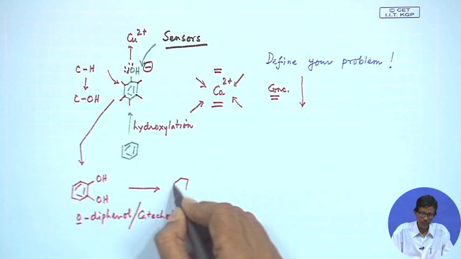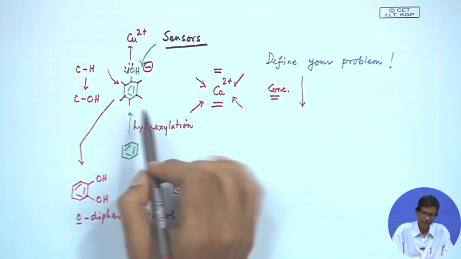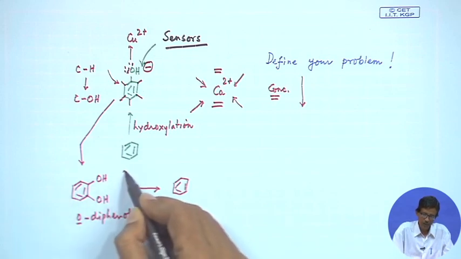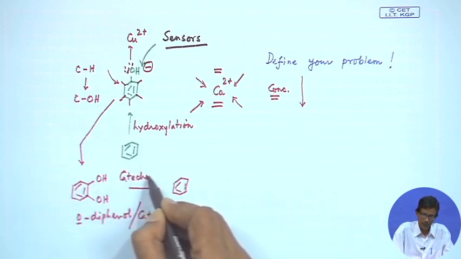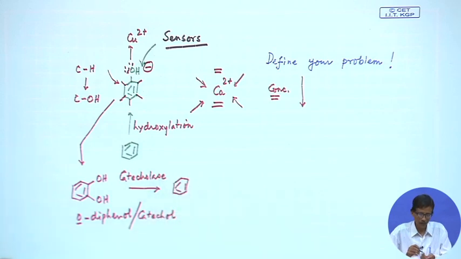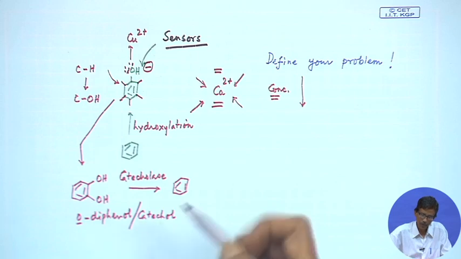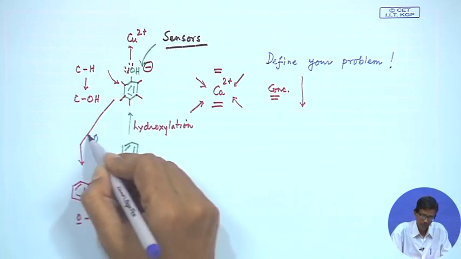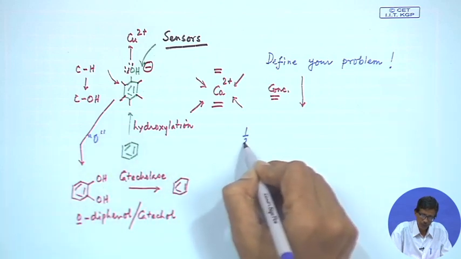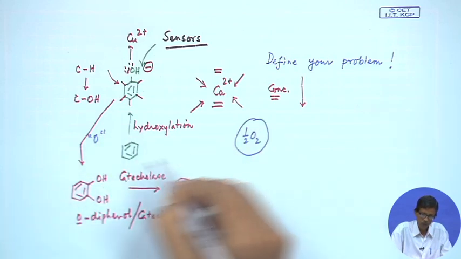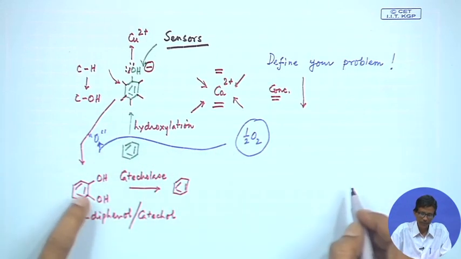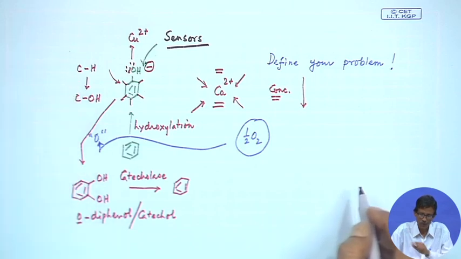When you go for this, unlike your monooxygenase reaction, since it is working on catechol, it would be called the corresponding catecholase. So, this catecholase will now work on it. What will happen? Because this is basically the insertion of oxygen, what we are getting from half O2. So, O2 is being inserted over here. So, this CH will be COH.